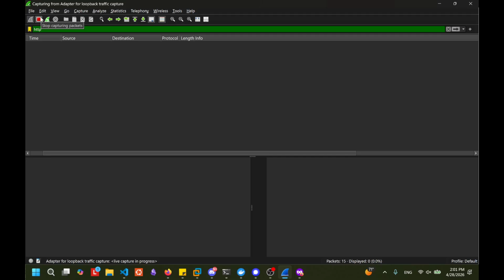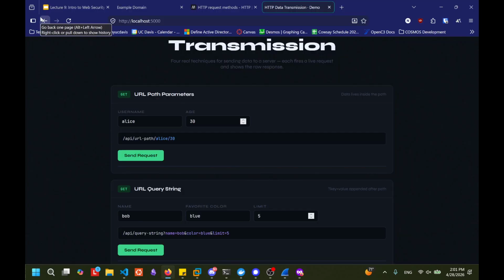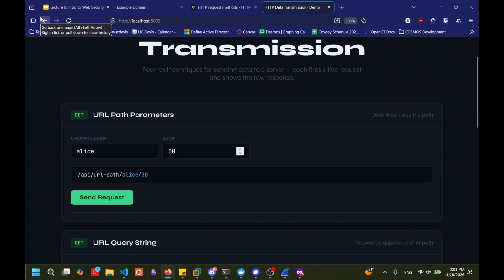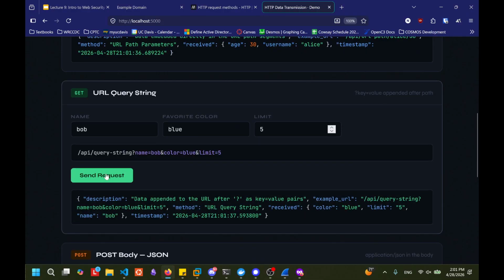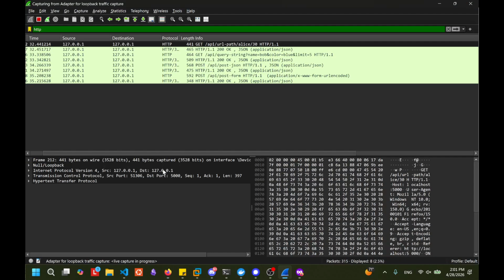Okay, just a brief overview of what this app is going to do. This is going to send data to a backend. Both the front end and back end are sitting on my local computer, so I'm just sending data to myself, trying to mimic the ways I can send data from a front end to a back end. Just getting into the weeds a little bit, there are 4 ways to do this. POST is not the only one. So I'm just going to start capturing data. 1, 2, 3, 4. Okay.